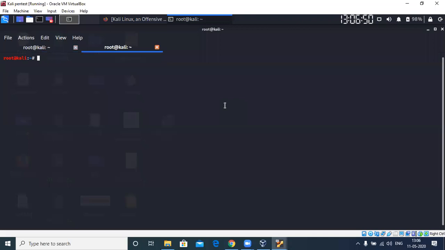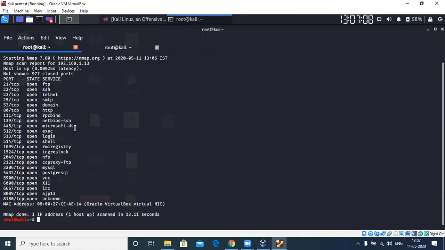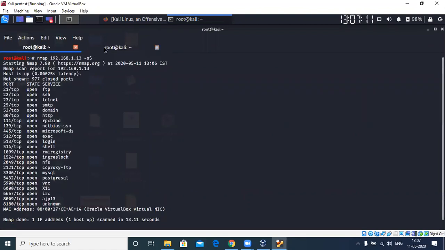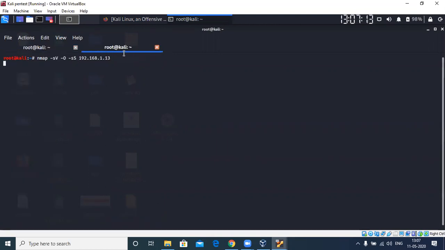So I'm performing that over here, and on the other hand, I'm also performing service version OS detection with the SYN scan on 192.168.1.30. So you can see something over here, and you can also see something over here. Let's wait.